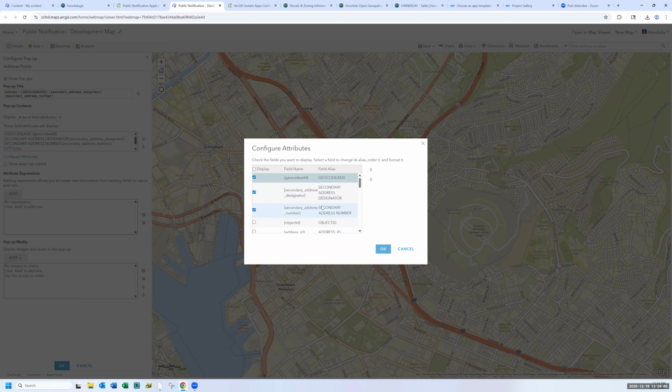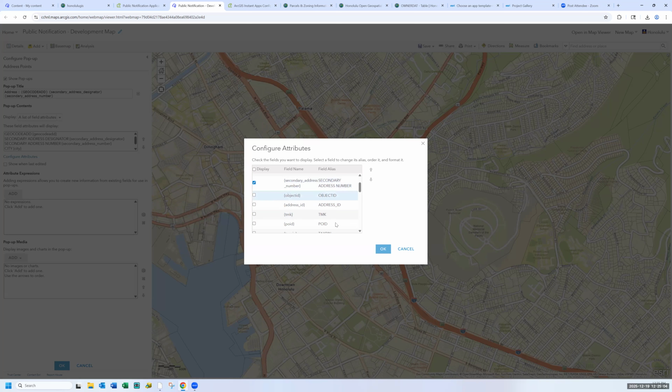Those would be used if you had, say, 650 South King Street, Unit A, Unit B, Unit 1. The secondary address designator would be unit, apartment, building, whatever, and the secondary address number would be 1, 2, 3, A, B, C, that type of thing.